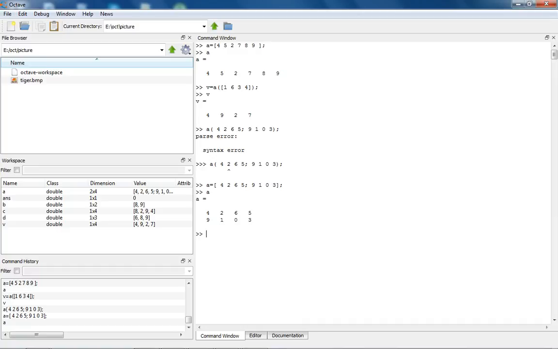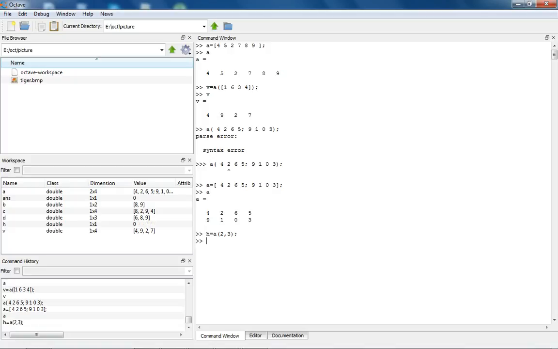Now how to access the elements of a 2D array? Simply write a variable h is equal to, array name is A, 2, 3, where 2 represents the second row and 3 represents the third column in the second row. So in the second row, third column is 0, here 0 is retrieved when I write h. So 0 is retrieved. There are different types of access.